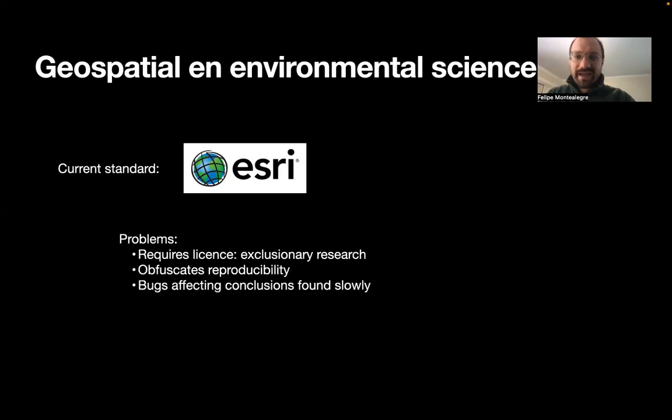It also makes the entire code sharing process less portable, since you have to be in a place where you have the license active. For example, you may have to be on campus, depending on how the license is managed by the university. This introduces a lot of friction. And bugs in closed source software live longer than in open source software, which is a problem for reproducibility, for having stable results over time.